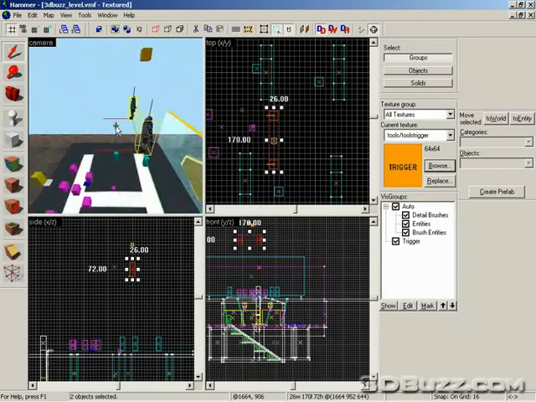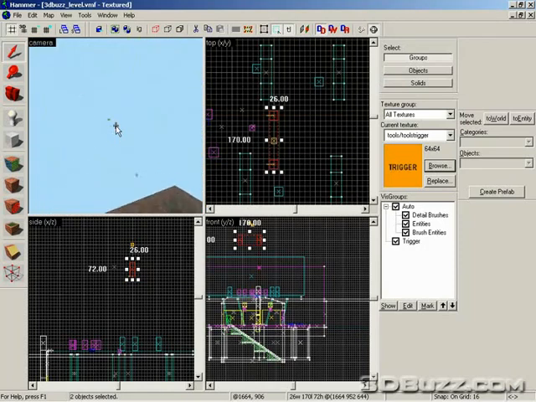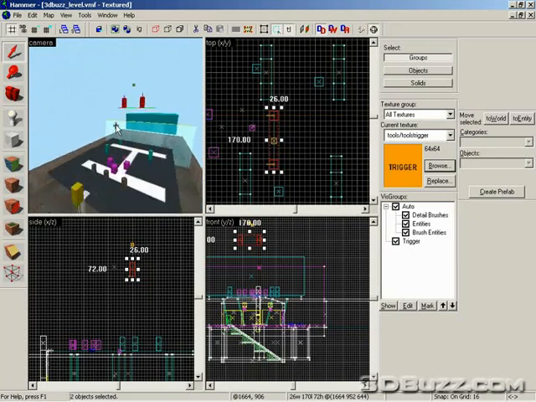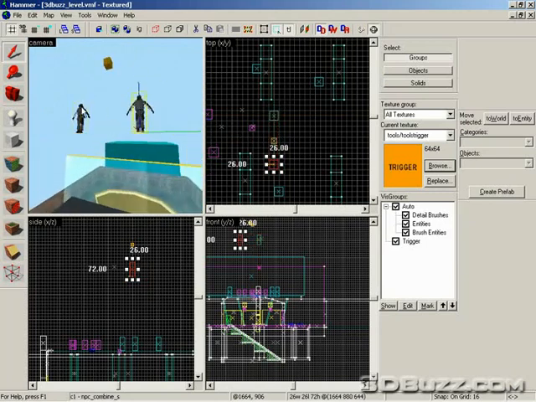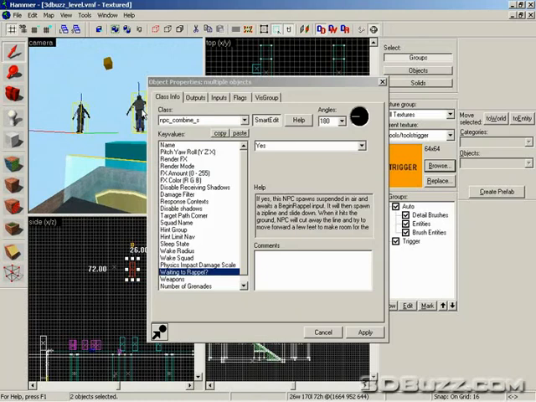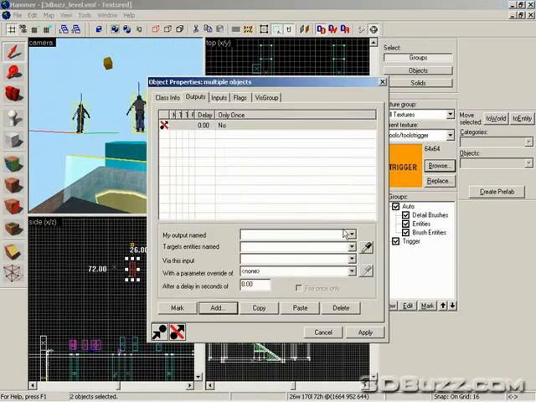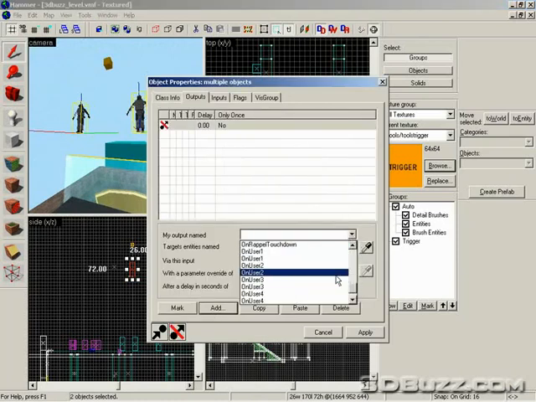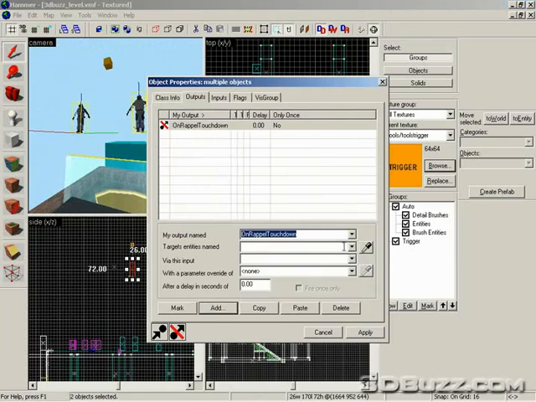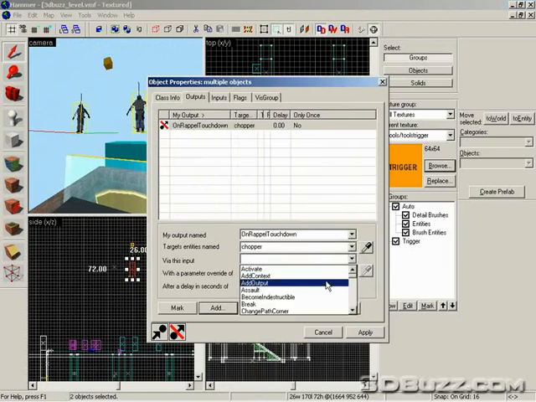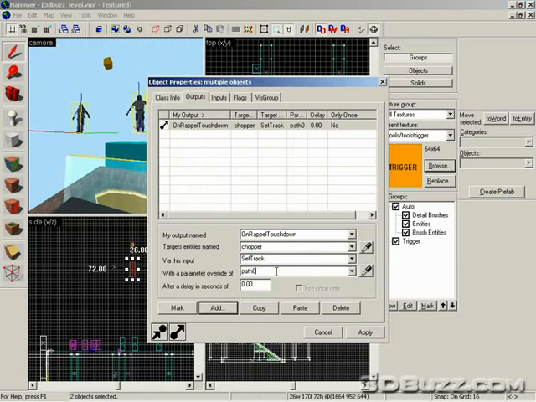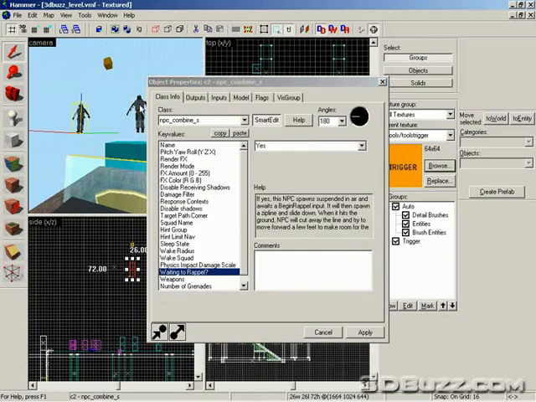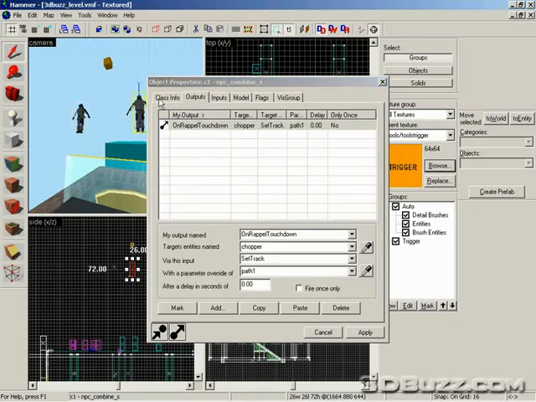Then what we want to do is, when they hit the ground, the chopper needs to proceed to this point. So choose both of them, hit Alt Enter and say output. Add new output on rappel touchdown. We want the chopper to set track again, and this time we want the track to be path 1. Hit apply, and they should both have that output. So if the player accidentally kills one while he's on his way down, the other one would still trigger that